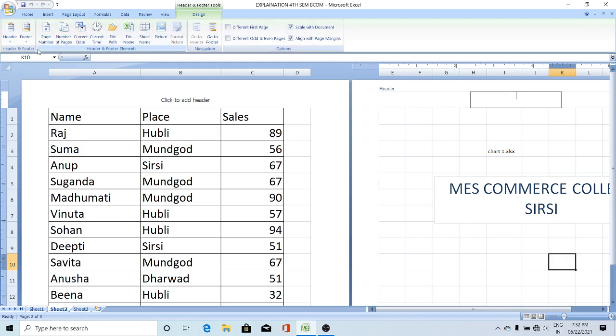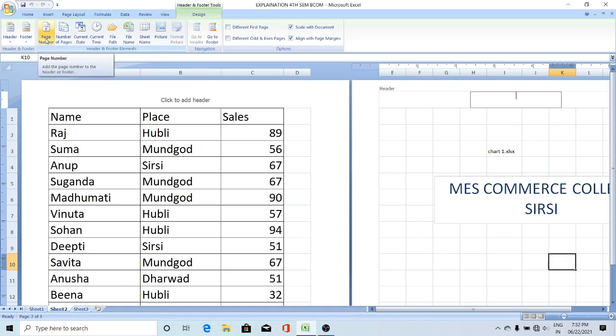You can insert here, always for a header and footer, page numbers, the number of pages, the current date, the current time, the file path where the file is stored, the file name in a header, and the sheet name. If you change the sheet name, it updates. You can insert any company logo, or add a picture to the header. You can insert these elements in your header as well as footer.